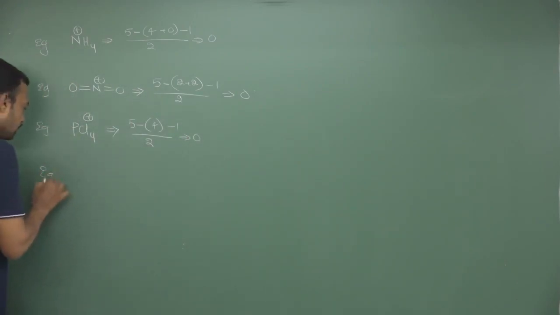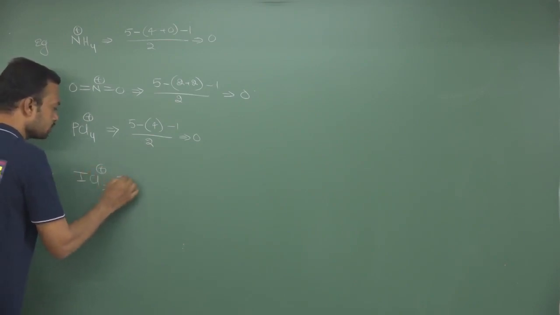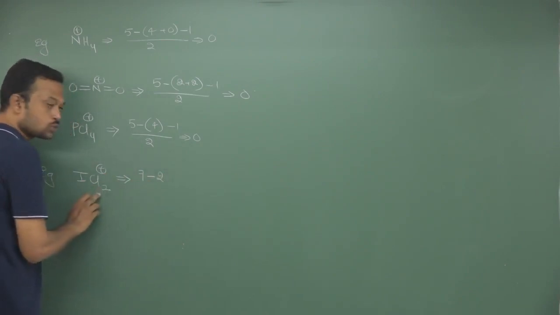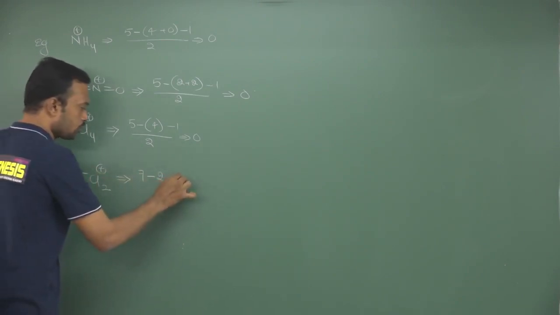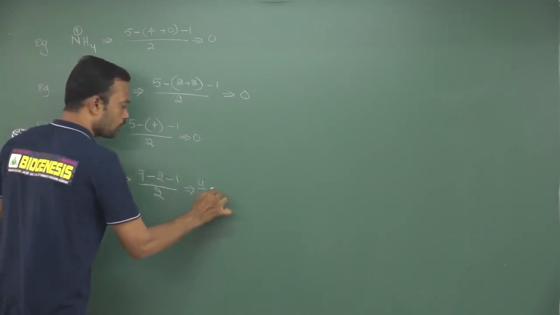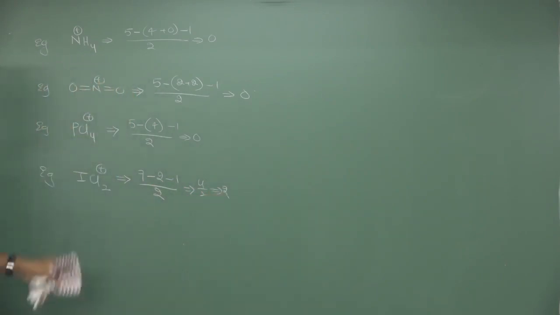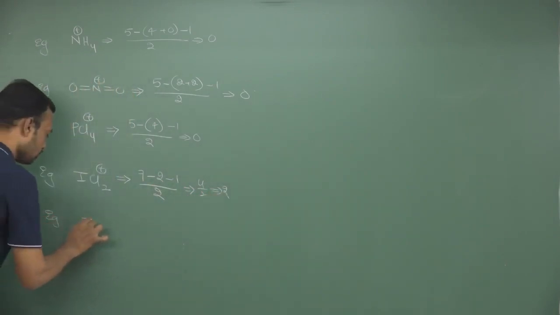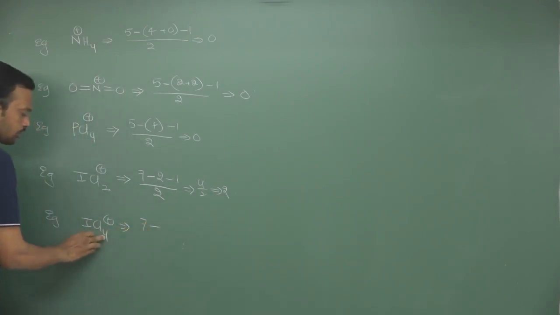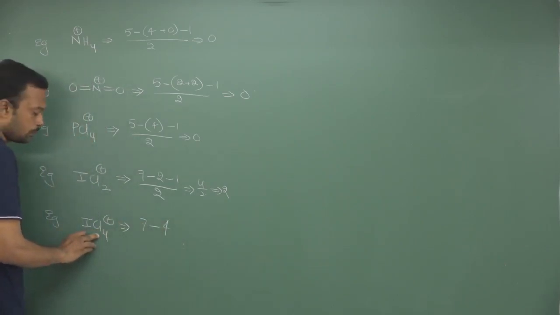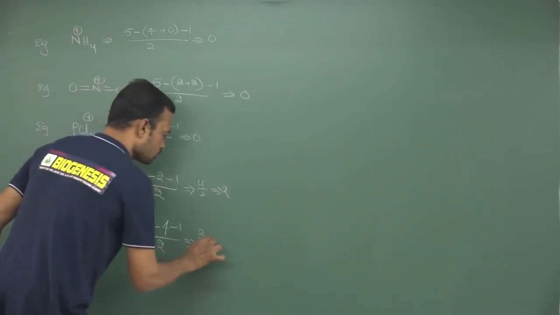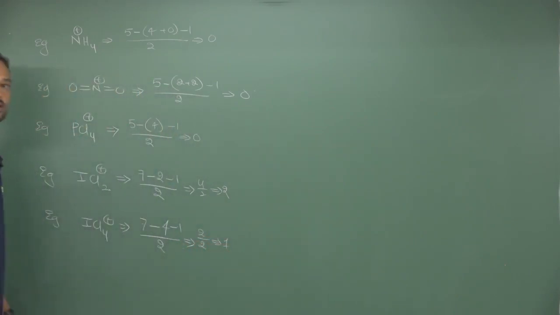Okay, so here ICl2 plus, one interhalogen I am taking. Iodine belongs to the 7th group element, 7 minus only 2 sigmas. Then here plus 1 is there, write down minus 1, divided by 2. So 7 minus 2, that is 5. 5 minus 1, 4 by 2. This molecule carries 2 lone pairs of electrons. Okay, so ICl4 plus, same. Group number is 7 and here 4 sigma bonds are present and here it is minus 1, divided by 2. So here 3 minus 1 by 2. So 2 by 2 means the molecule carries only 1 lone pair of electrons.